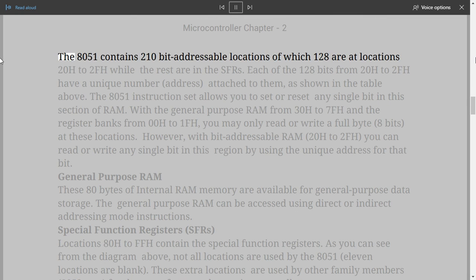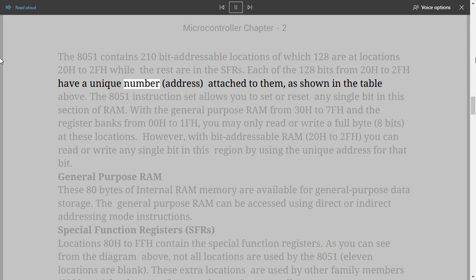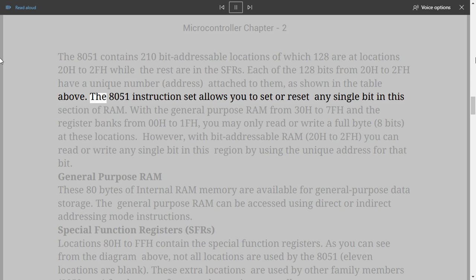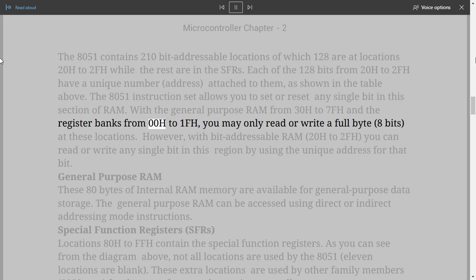The 8051 contains 210 bit-addressable locations, of which 128 are at locations 20H to 2FH, while the rest are in the SFRs. Each of the 128 bits from 20H to 2FH has a unique number, an address, attached to it, as shown in the table above. The 8051 instruction set allows you to set or reset any single bit in this section of RAM. With the general purpose RAM from 30H to 7FH, and the register banks from 00H to 1FH,